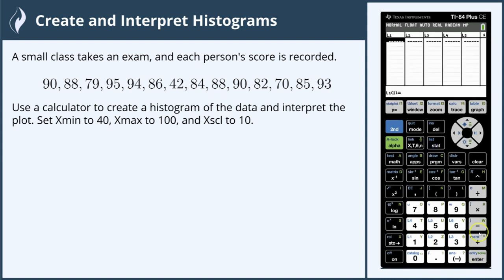Here we're going to type in our data. So we have 90, 88, and if you ever accidentally type something too much, you hover back over it and just retype it, 88, 79, 95, 94, 86, 42,